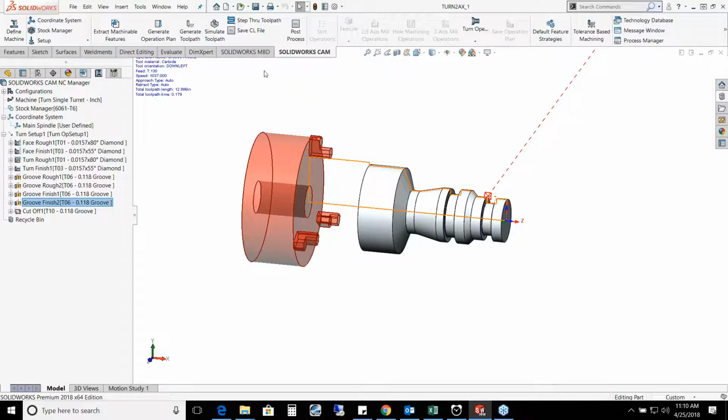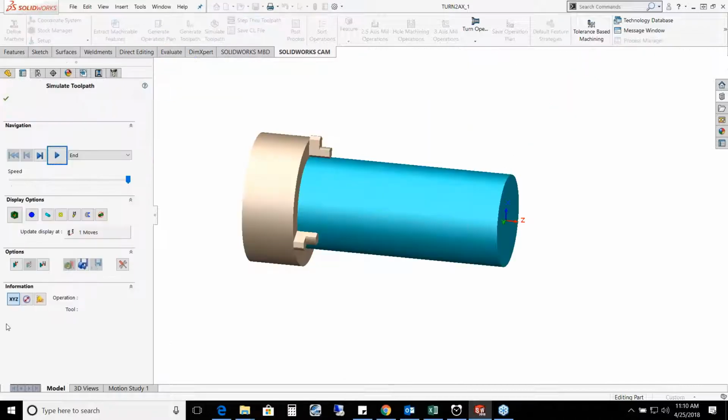The last time I went up and picked simulate from up here on my ribbon bar, but I will point out that you can also add CamWorks or SOLIDWORKS CAM commands into your mouse gestures. So from here, I have simulate right over here to my left-hand side. If I sweep across it, it automatically puts it into simulation mode. I used to fondly call that the wheel of death until I realized what an awesome tool it is, and saw a young man design a part faster than I could probably think about designing it using mouse gestures. So something to be aware of if you're not using them. It's a very capable tool that is inside of SOLIDWORKS. From here, I'm going to hit play,